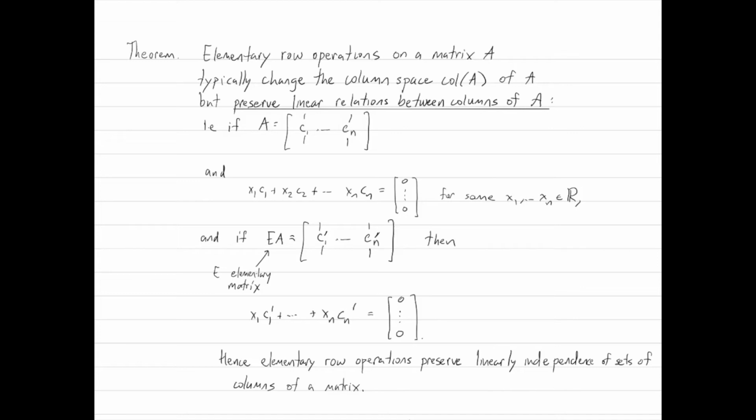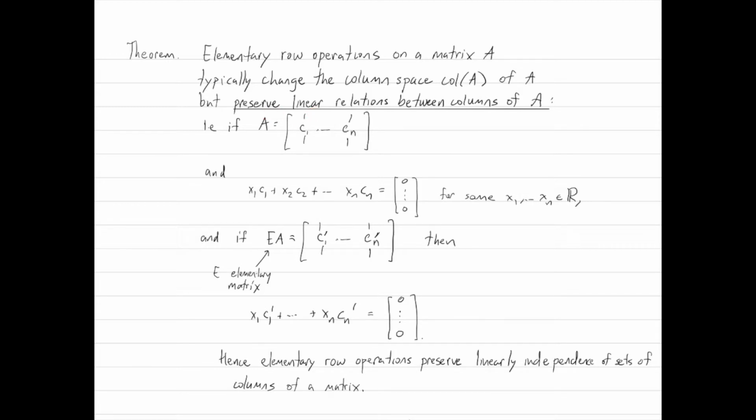In this video, we're going to explain how to find a basis for the column vectors. The key is to use the elementary row operations. Now, the following theorem explains how the row operations affect the column space of a matrix. So suppose we're given a matrix A, then the elementary row operations typically change the column space of A, but